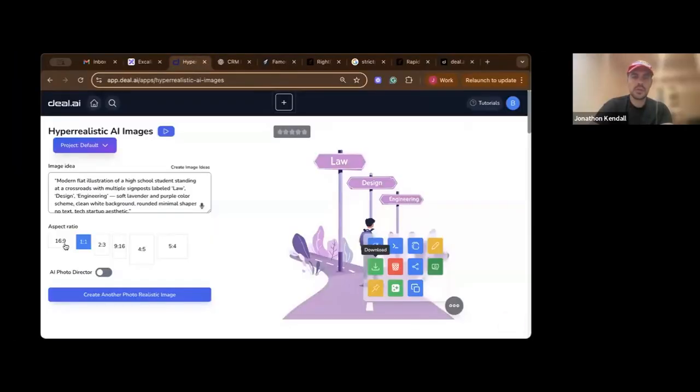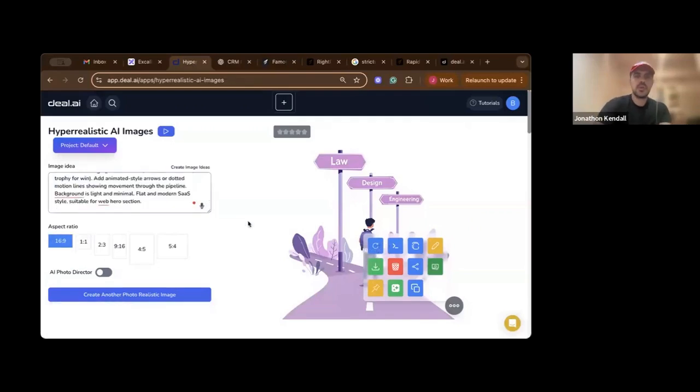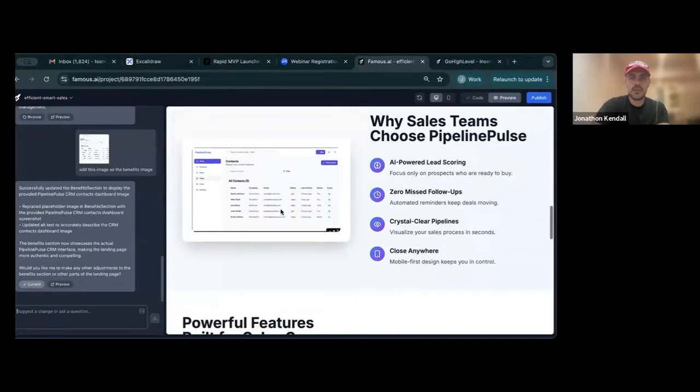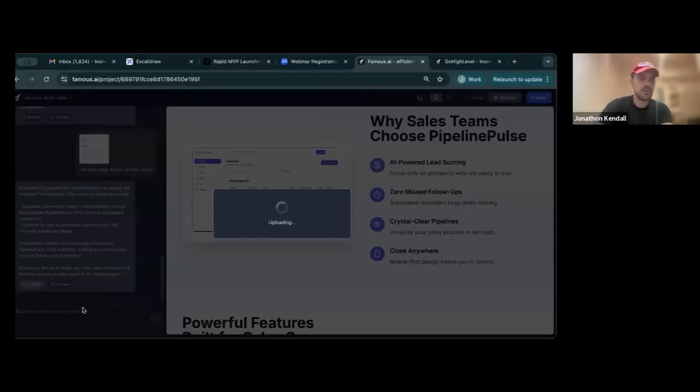So I go here usually, and then I go to 16 by 9. I'll put this here. We'll see what it comes up with. But in the meantime, you see the image of the dashboard is already here. I'm adding this, add another one.